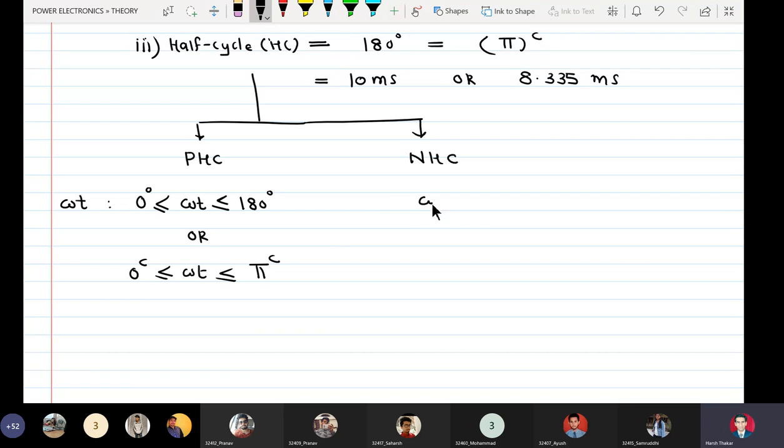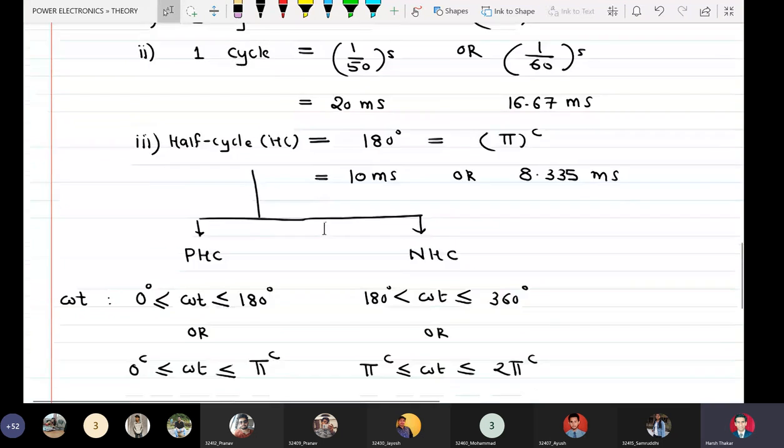Negative half cycle will always be greater than 180 degrees, less than or equal to 360 degrees, or pi radians less than or equal to 2 pi radians. Okay,